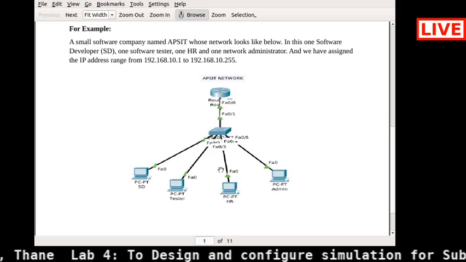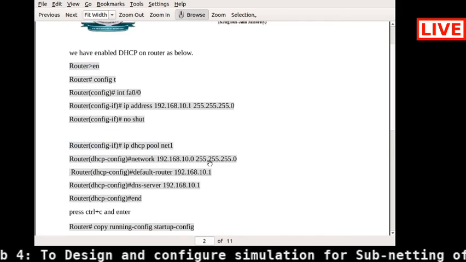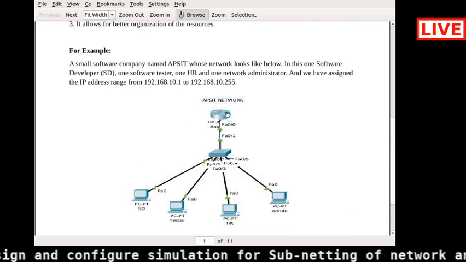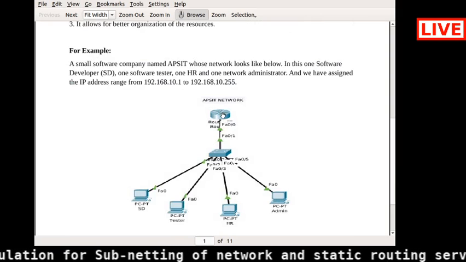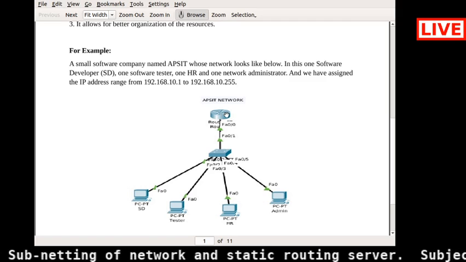So how to do that? For that, you first need to give an IP address to this particular router. So first of all, you need to configure this router. And for configuring the router, you need to